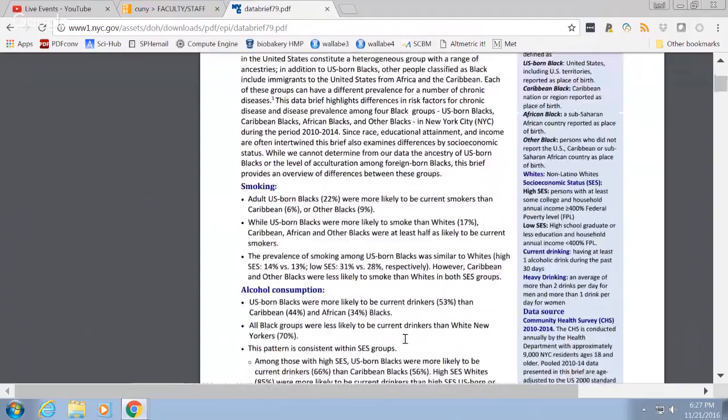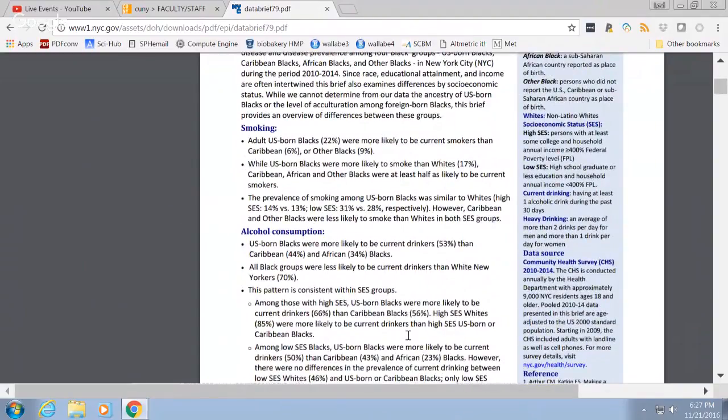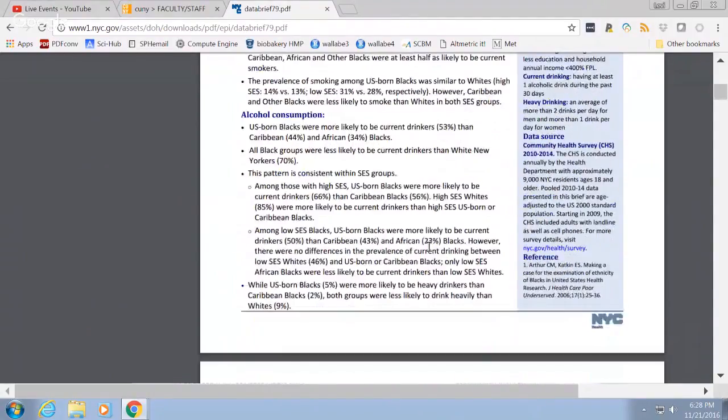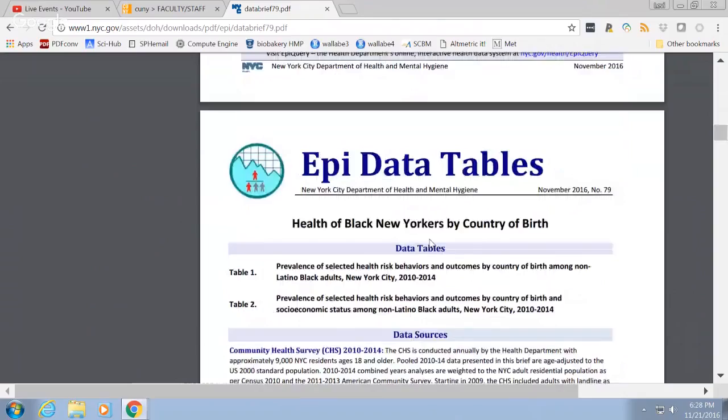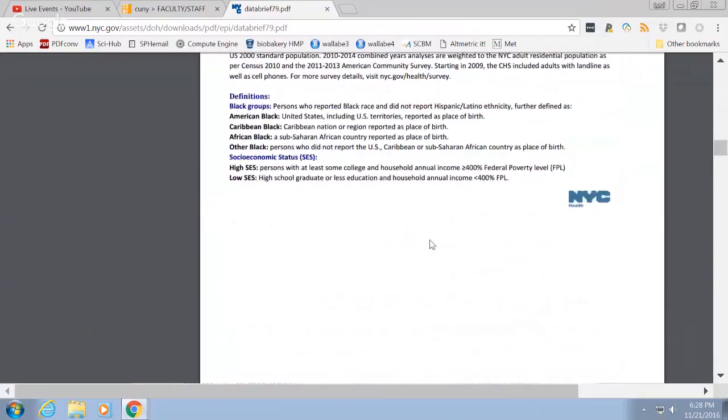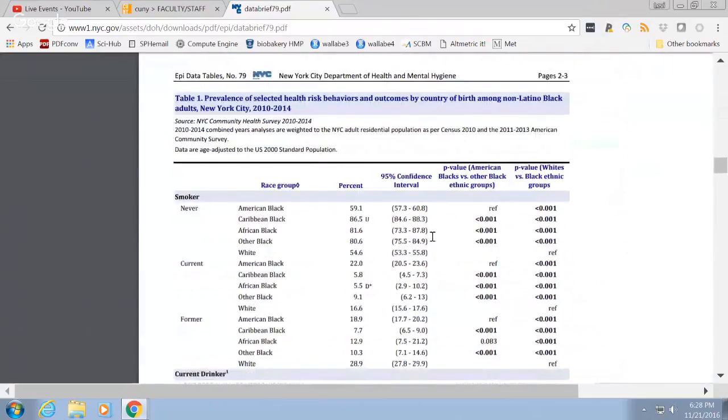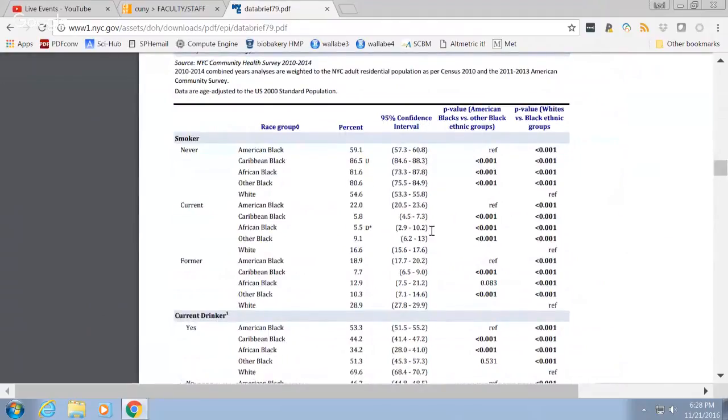But it looks at some of the health outcomes in US-born Black New Yorkers versus other countries of origin, and also teases out a little bit of the differences by SES, so high income and higher education level versus lower income and lower education level. So it's an interesting analysis, and there's a summary of the findings here, a little graphic. This one's a little text heavy. And then most of the data briefs also include data tables appended to them. So then you'll see in more detail what the actual estimates were,